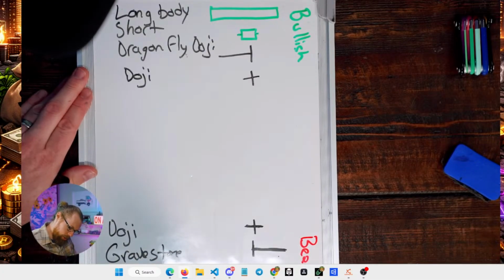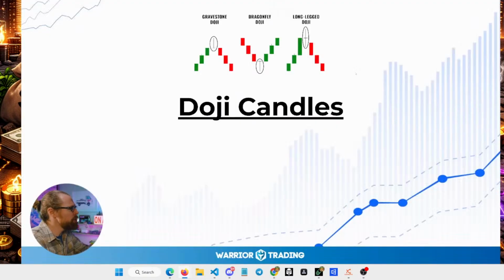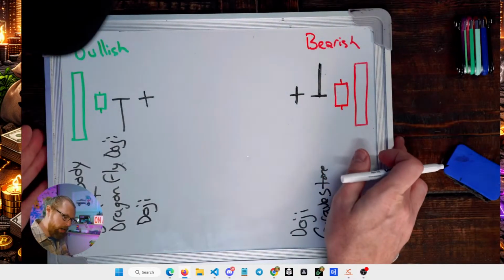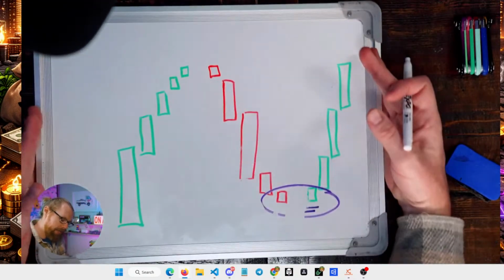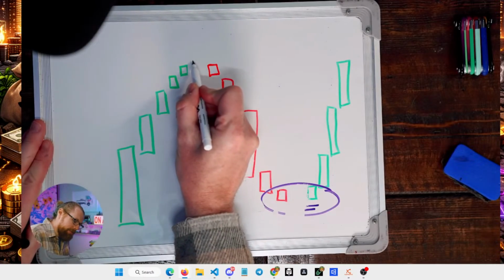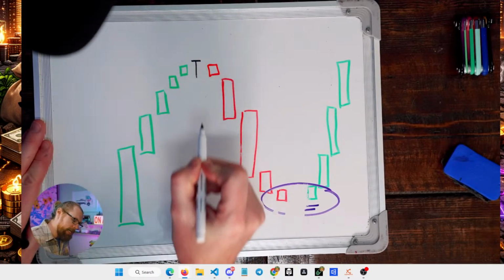And we've got our short body, and then we've got our long body candles. Now, I should point out that a gravestone doji carries the most meaning when it occurs at the top of a move up. A dragonfly doji carries the most meaning when it occurs at the bottom of a move down. So although it's possible that you could have a dragonfly doji happen up here,